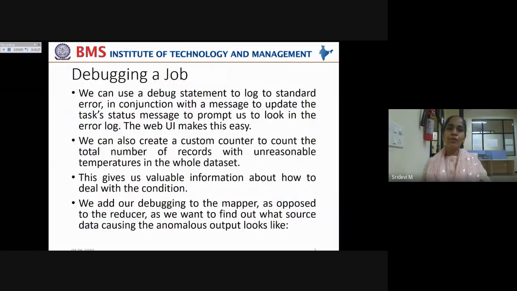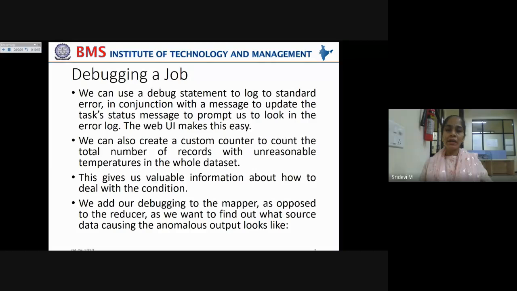For that, we need to perform debugging of the job. For this debugging, normally how do we perform it? By just giving a print statement, right? Giving a print statement via the standard output, we can notice whether the output is according to the expected value or not. That can be done even with Hadoop. But remember, we are not working on a single machine. We are working on multiple machines on multiple clusters in order to process the data.